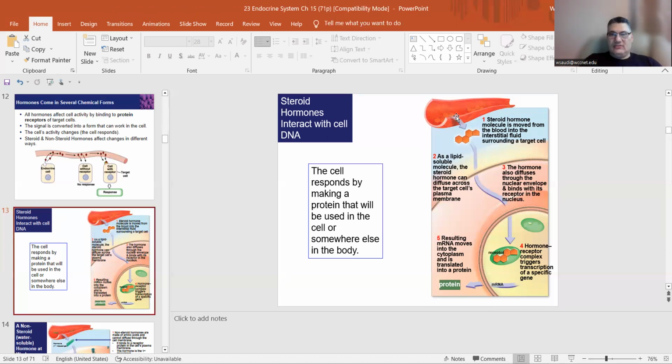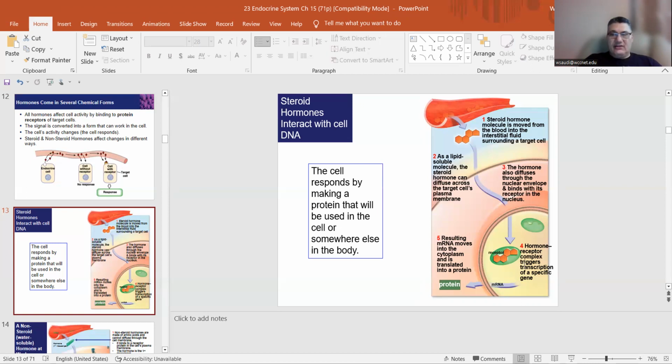So don't forget this. If the hormone is a steroid, because it's lipid, it will easily cross the membrane, which is lipid, passing through the cytoplasm, passing through the nuclear membrane, which is also phospholipid. So it's lipid, crossing until it finds the receptors. In all cases, whatever the hormone is, you have to interact with the receptor. Is that receptor inside the nucleus in this case, or outside of the cells? It depends. But you have to interact with receptors anyway. So it will look for the receptor and interact with the receptor,